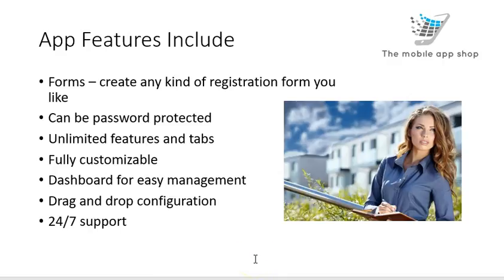And finally, some last features that include for associations, we have great forms tools. So you can create any kind of registration form, signups, releases, terms and conditions, any of that kind of stuff, forms that will actually send information out to your team members. The apps can be password protected, so you have public site information. So if somebody downloads your app that's in the public domain, they can find out about information. But then on a login, you get the membership and others based on their roles. You're going to see different content.